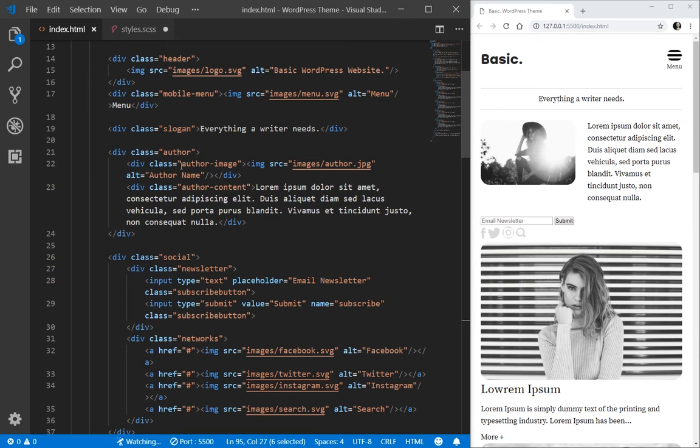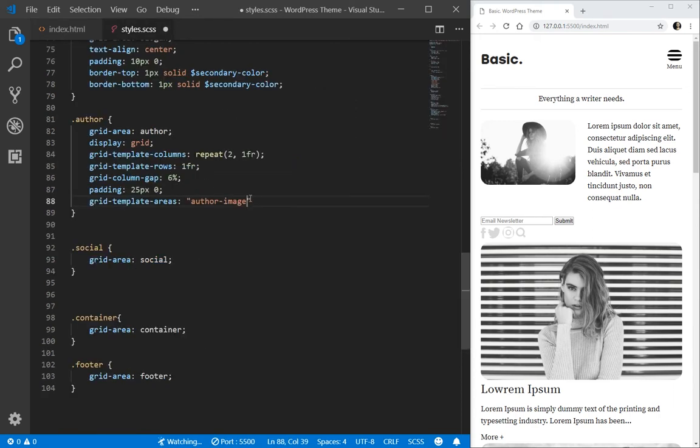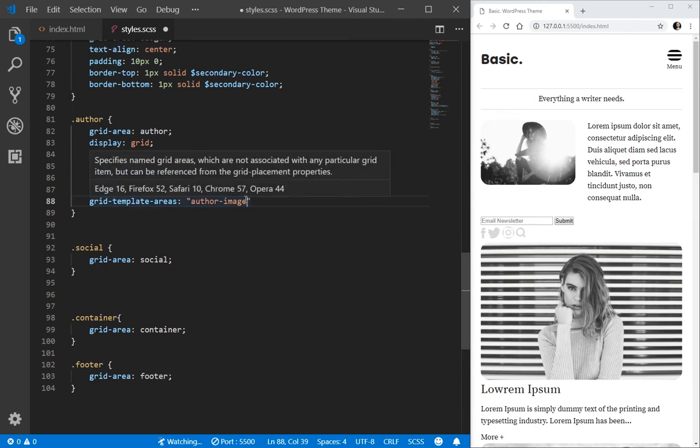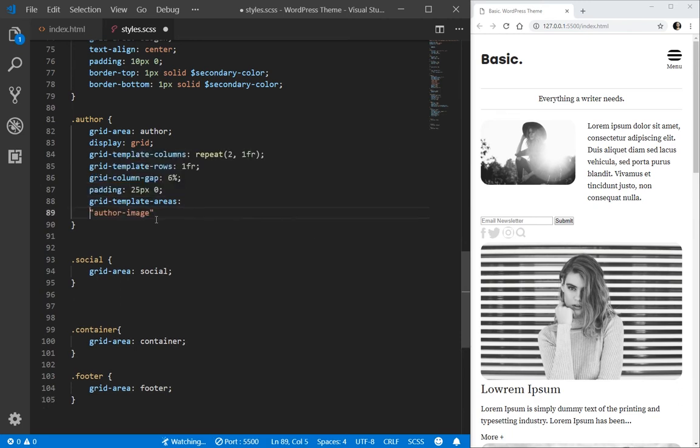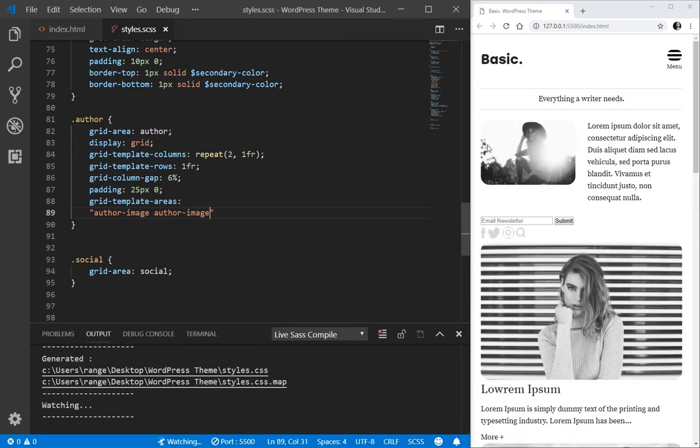I've given the div that wraps the image a class name of auto image. So this is where I'm getting this from, just so there is no confusion. And in this case, the template will look something like this. I want the auto image to take the full width, and I want the auto content